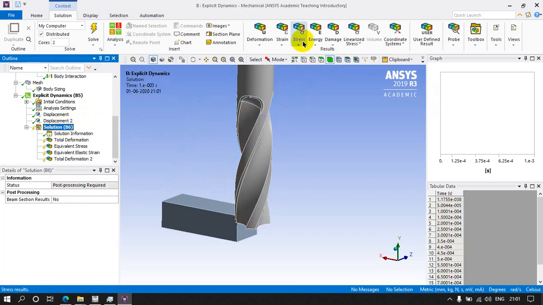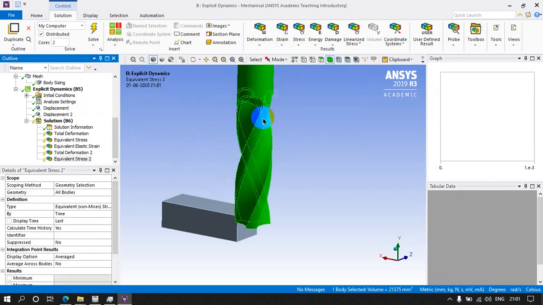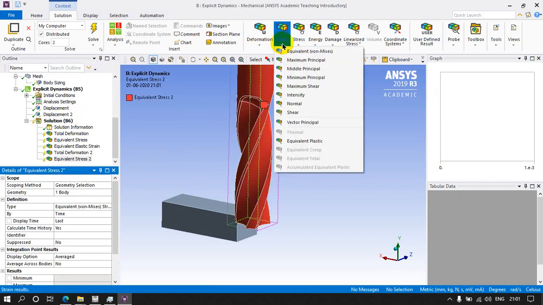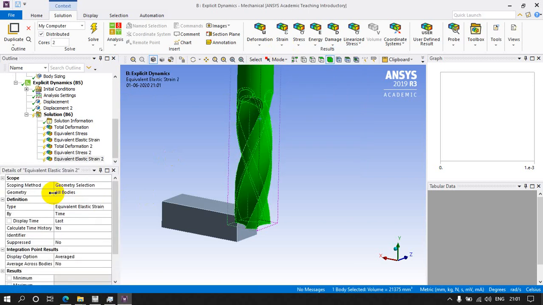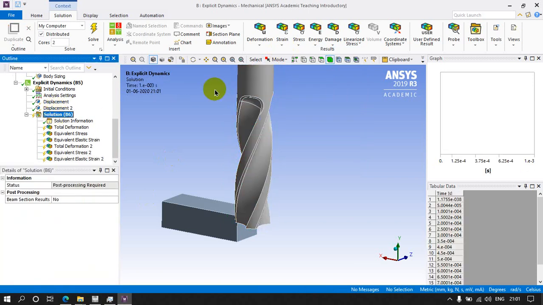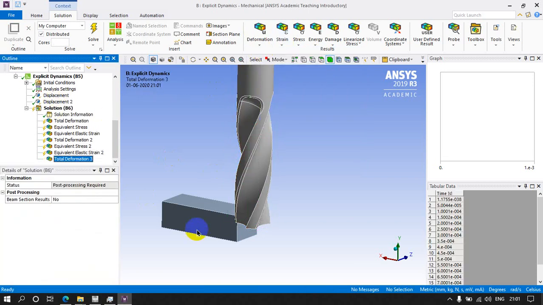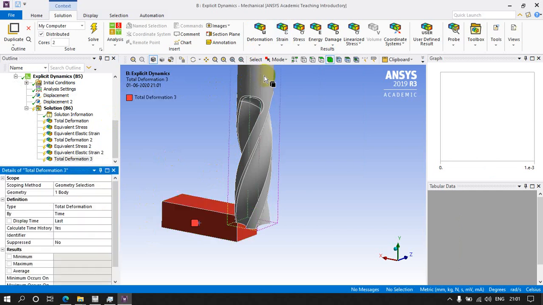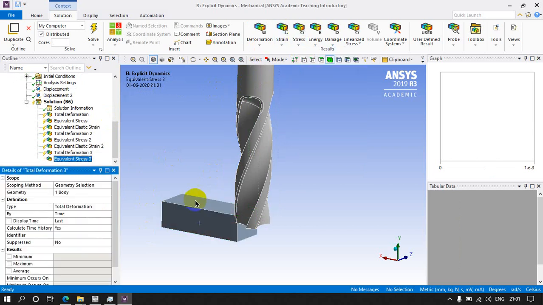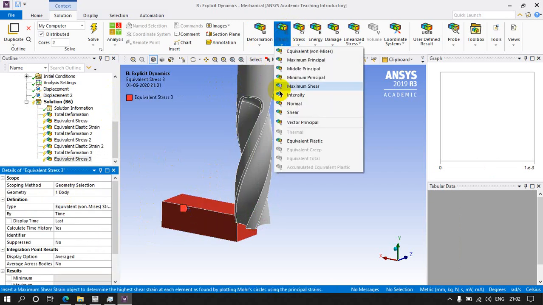Similar way, stress and followed by strain. I'm going to select deformation of the workpiece, strain of the workpiece and stress of the workpiece, and so on.